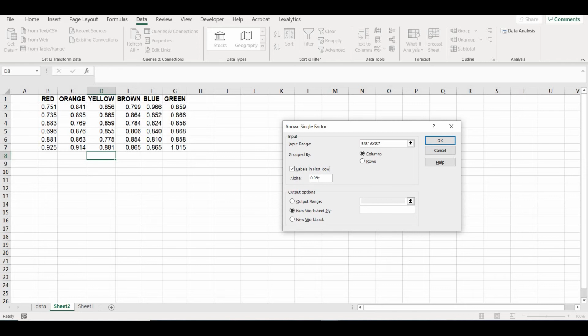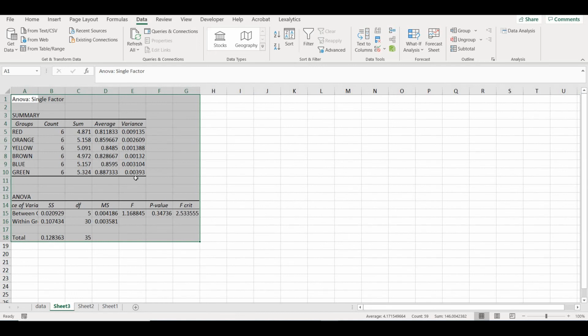Here you can put the significance level, and you can change it. If it is 99%, you can put alpha as 0.01. If it is 95%, I'm putting 0.05. If it is 90%, then I'm putting 0.1. It depends on what confidence you want to have for your testing. In my case, I'm going with 95% confidence. Once you set these parameters, you can say output on the same range or a new workbook. I'm saying output should be on a different sheet, and you say OK, and quick and done.